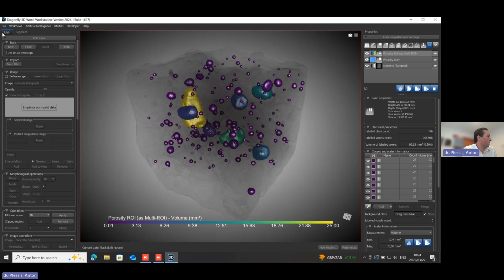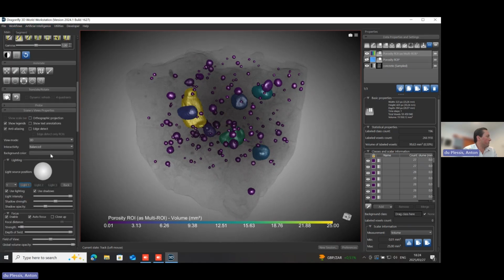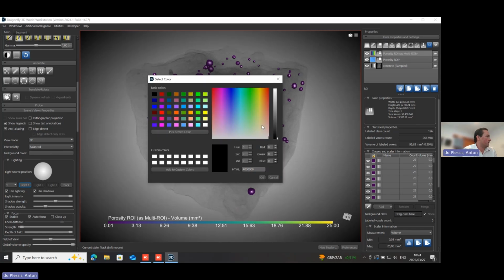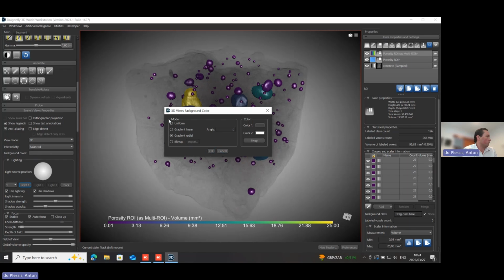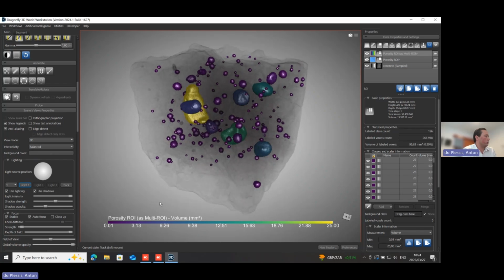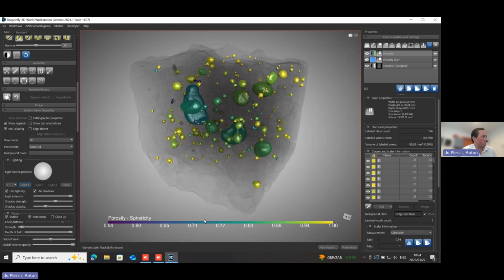I've already shown you how to remove the annotations from the image, from the background. What we can also do in the main panel is change the background color. So we can change the background color to maybe something not as dark, changing all the way to white in the middle, or you can also make uniform backgrounds. And what you can also do is change the text of the color bar by double clicking and calling this just porosity. Then when you change what you're looking at, it will be porosity volume, porosity equivalent spherical diameter, and porosity sphericity.